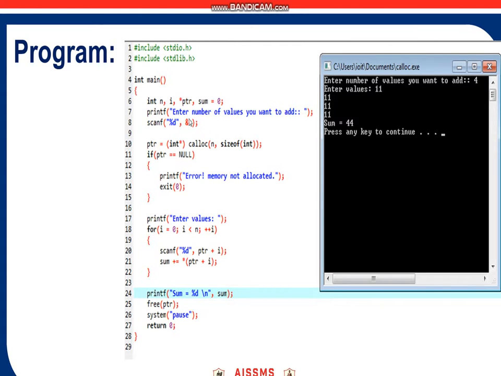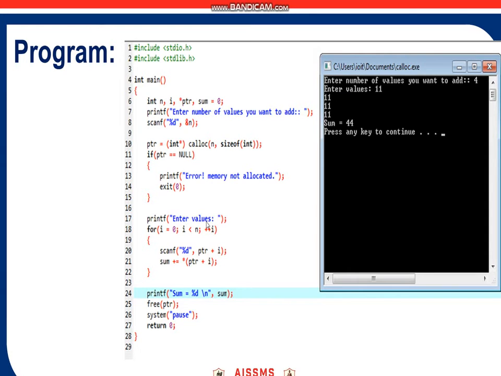Here in the program you can see we are asking the user for the number of values they want to add, and instead of malloc we use calloc. For that we use the line ptr = (int*) calloc(n, sizeof(int)). Same as before, if memory is not allocated it will return NULL. So if pointer is equal to NULL, we can give an error message.